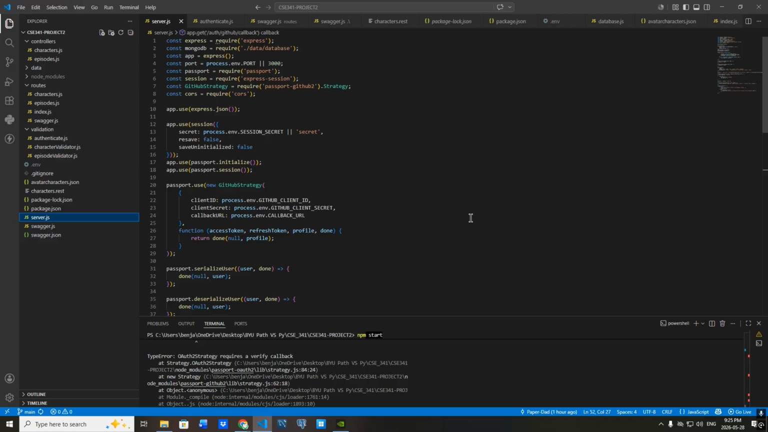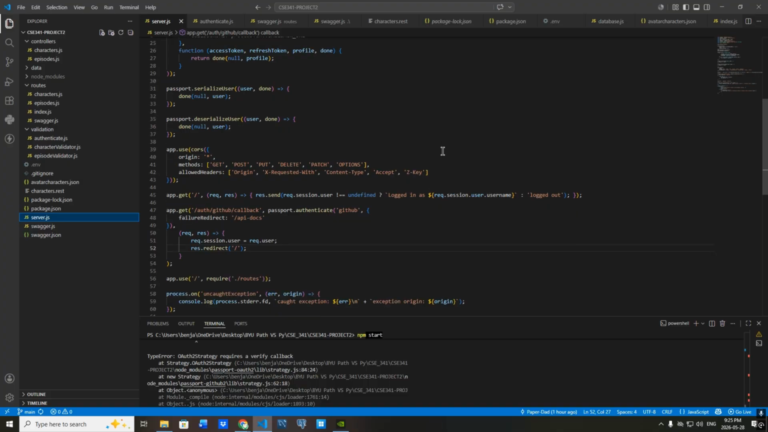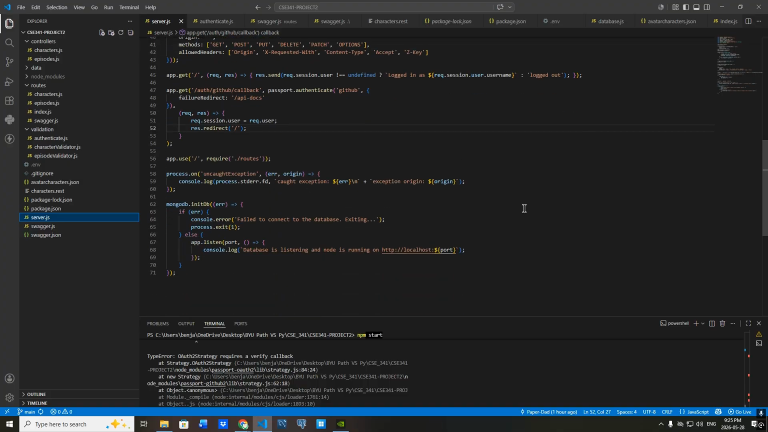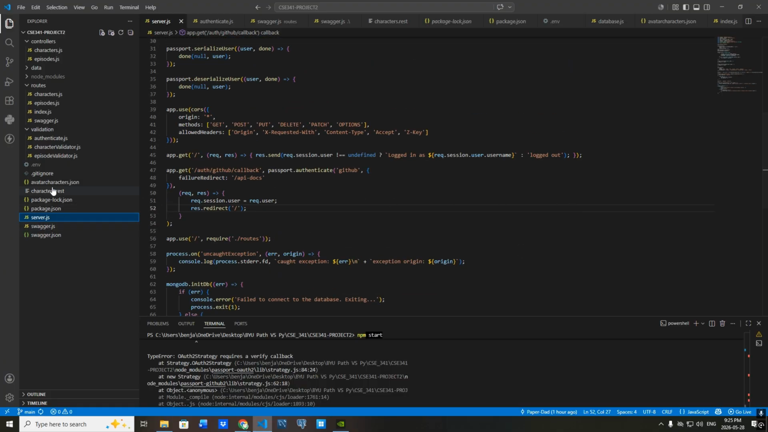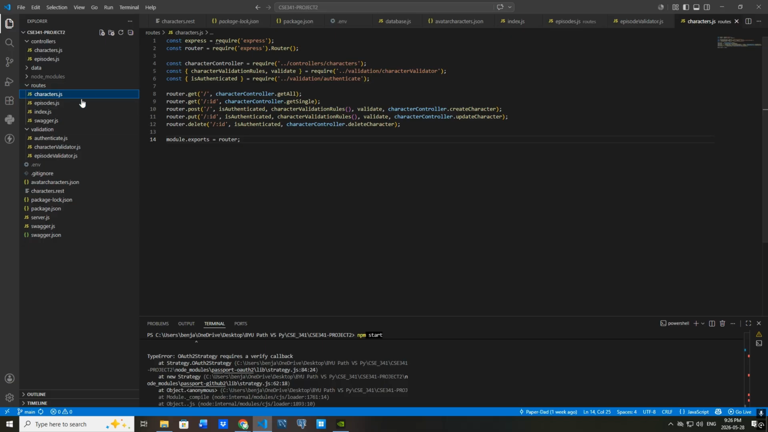In order to try and keep this within the time limit, I am going to try and move a bit quickly here, so we're just going to hop right into it. Here you've got my server JS, just now adding the authentication aspects to the coding. I'll quickly hop over to my index routes where you can see that the login and logout functions have also been added. Then we can also hop over to each other routes